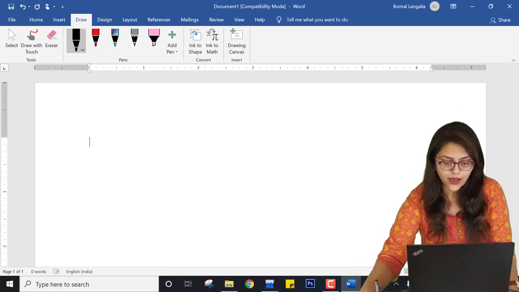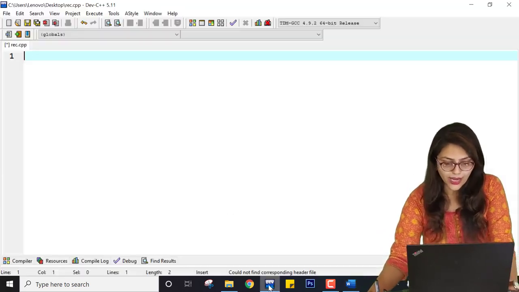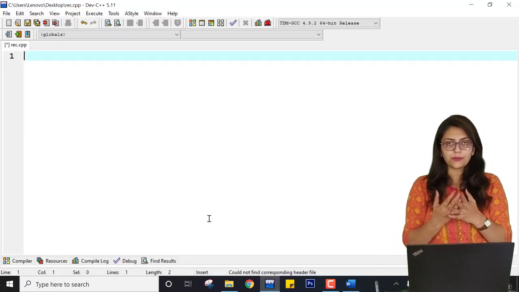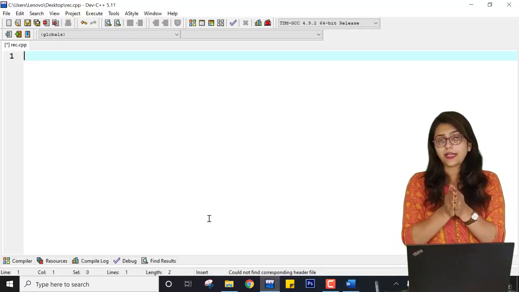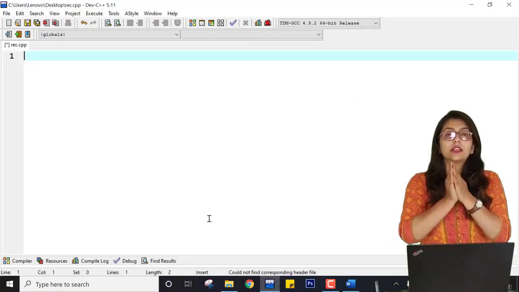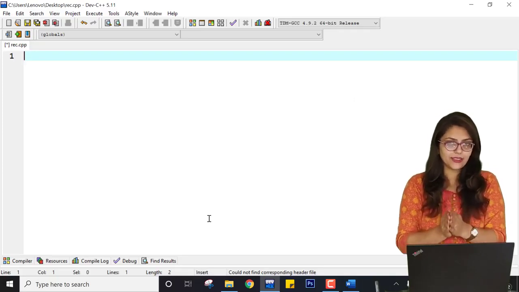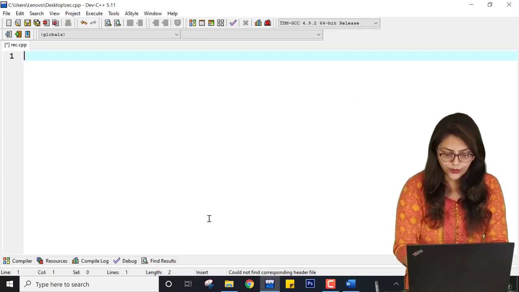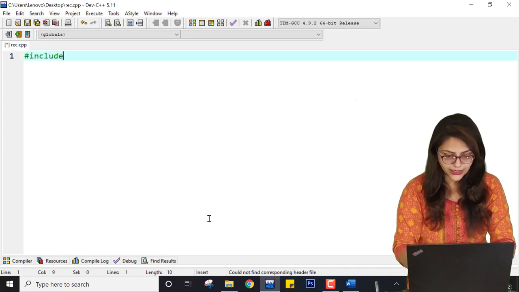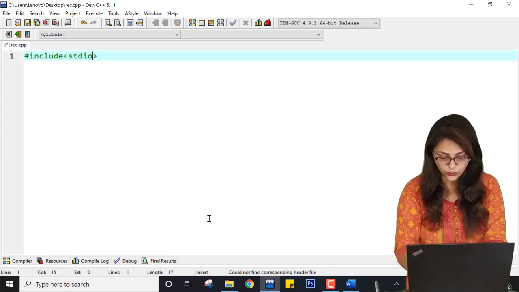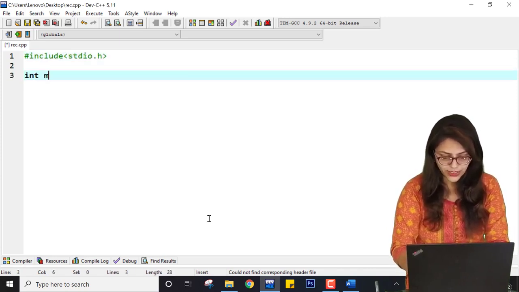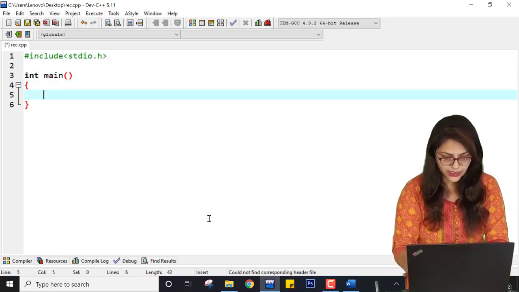So let me erase everything, and now let me go to my IDE in order to perform this practical. If you understand the practical of factorial using recursion, then it will be very easy for you to understand this practical as well. So in my new program I am writing include stdio.h, int main, and inside this return 0.